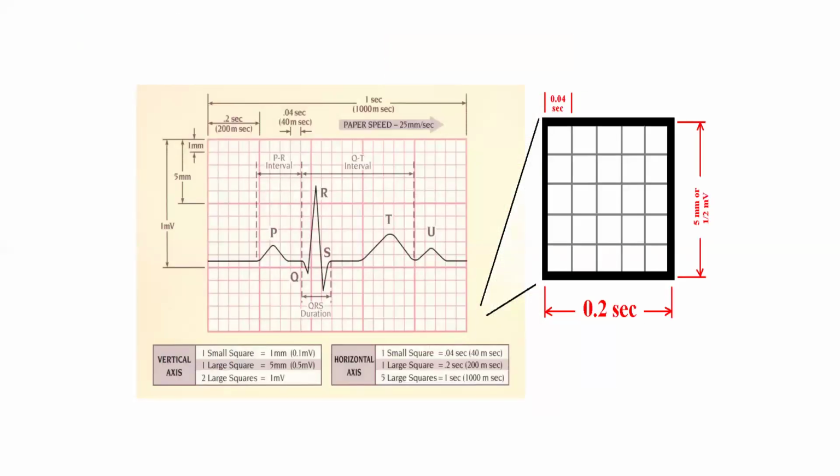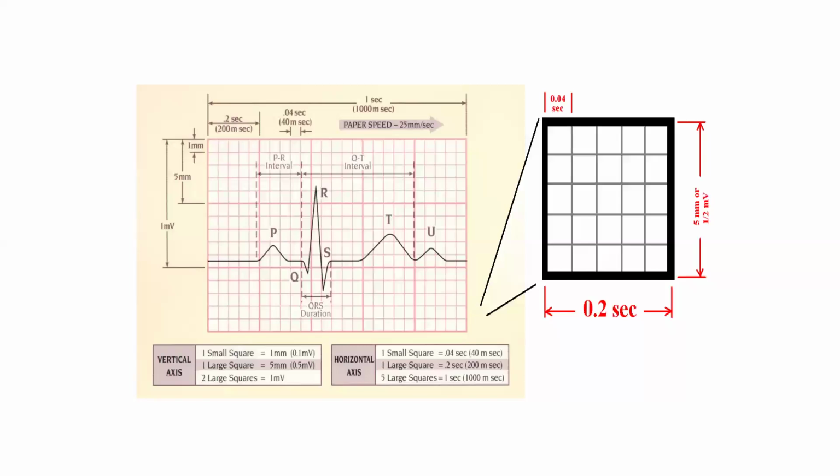And I think this is what I have been explaining, that the paper speed is at 25 millimeters per second, and so one small box will be 0.04. In terms of milliseconds, that is 40 milliseconds. And then 5 of them will be 0.2 of a second or 200 milliseconds. And of course, what is shown there is that